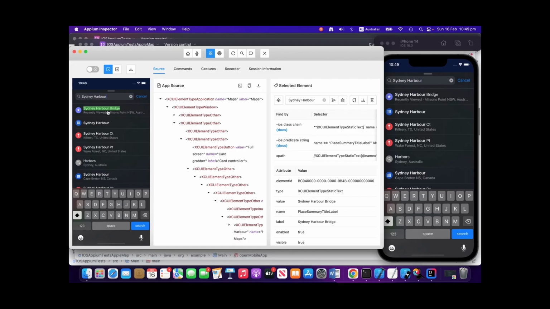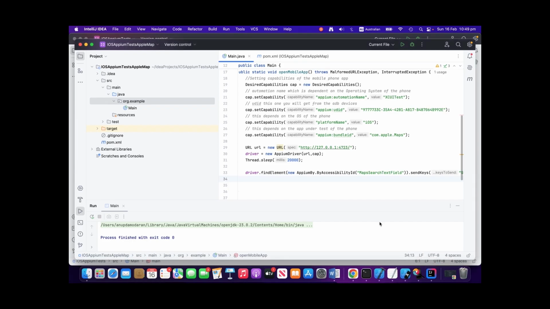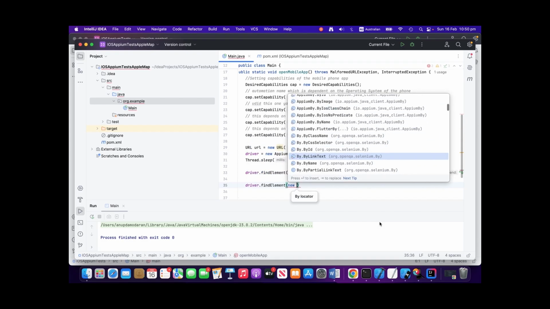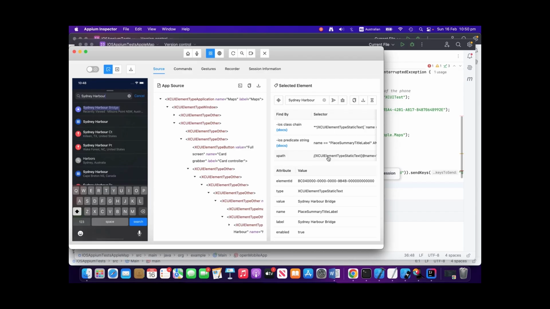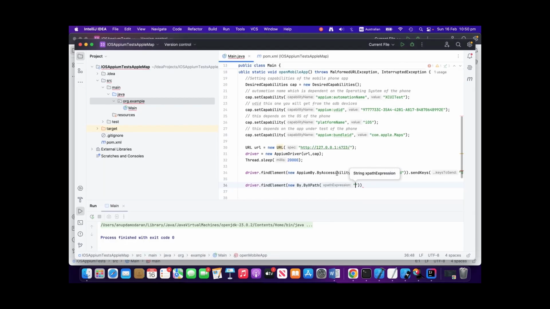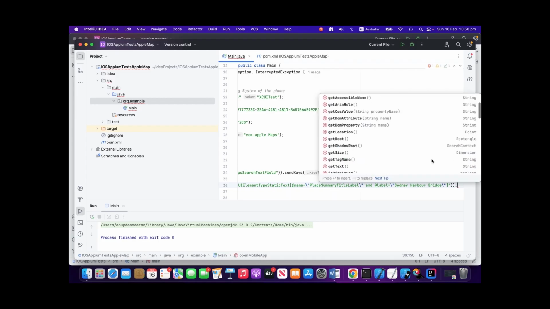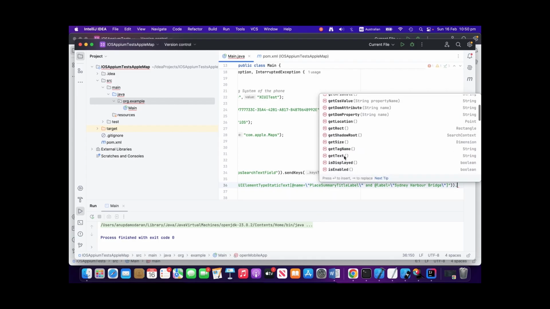Now once I click over here, you can see I don't have an accessibility ID, but what I have here is find by a different mechanism, which is class chain as well as predicate string, which is XPath as well. So I'll come back to IntelliJ now and I'll just type here driver.findElement(AppiumBy.xpath). I'll just copy here, and we have copied the XPath, and over here we can do a getText